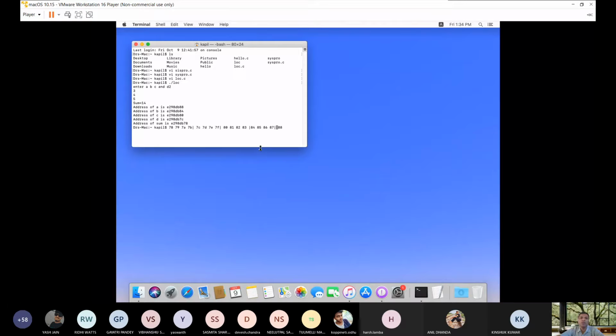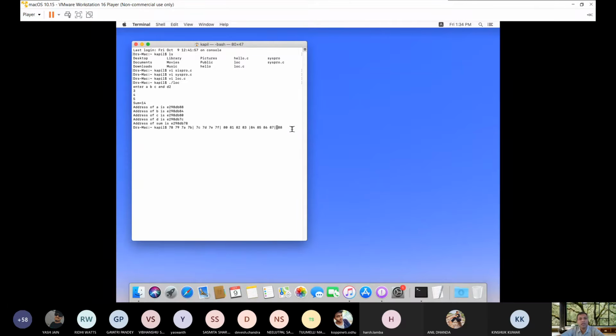Don't go on the program, because I started this to show how to write a program. If I am saying that an integer is 4 bytes, how do I prove that it is 4 bytes long?